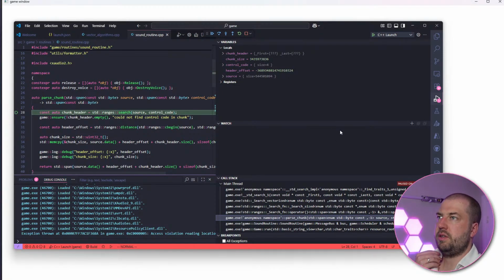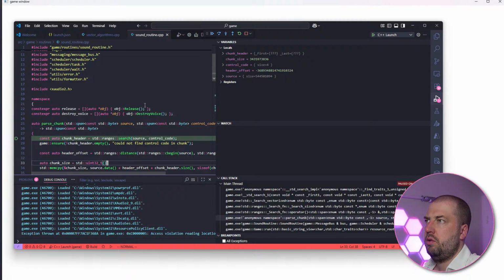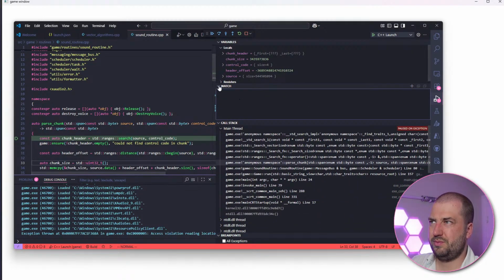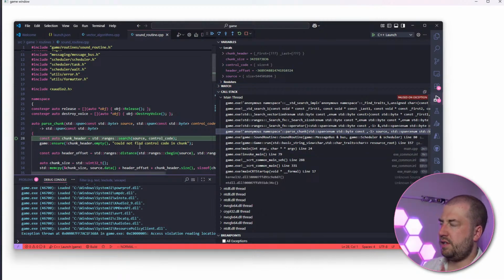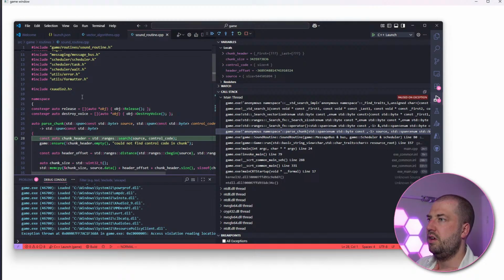Okay, so one of these must be massively wrong. It's not going to be the control code. So the source is pretty big. Why is that crashing? It definitely doesn't like that line, but I'm pretty sure the source is legit. It's got a lot of bytes in it.